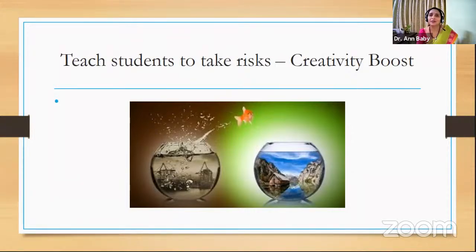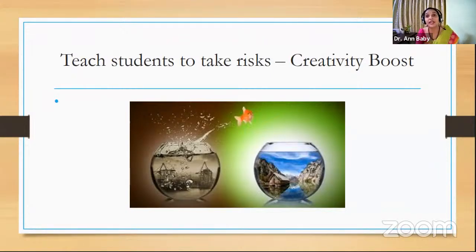We are very comfortable. Perhaps for the past 10 years, you have had some lecture notes, you're teaching the same subject, you're very comfortable with that, you will teach only that. And imagine the syllabus is changed. You will be completely against the change of the syllabus because you are comfortable with the old syllabus. Students are not like that. They are ready to take a risk. Let them take a risk.